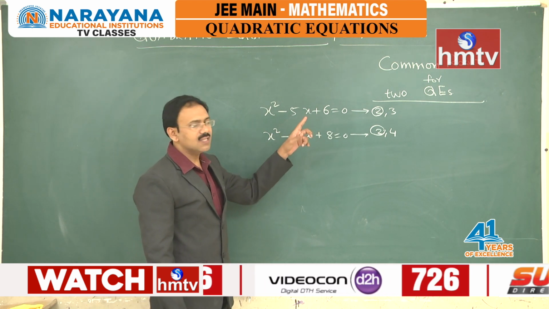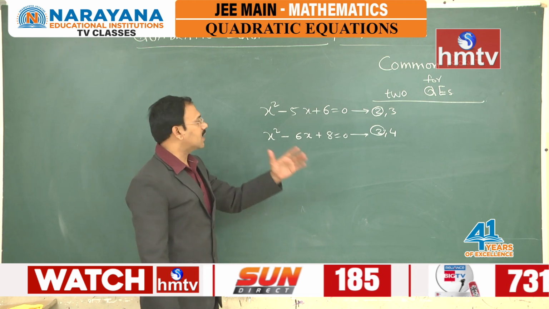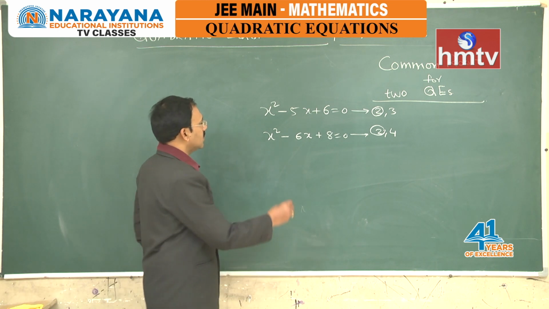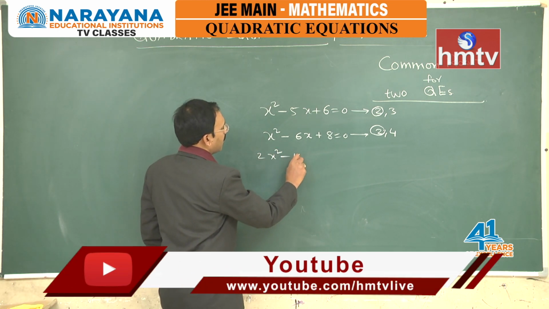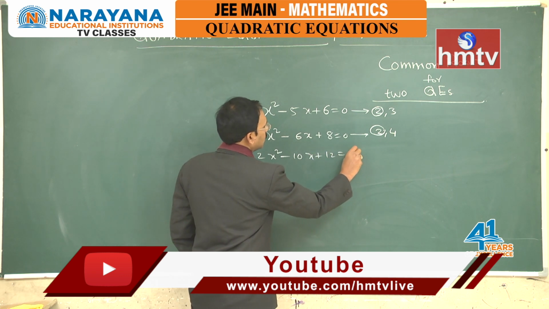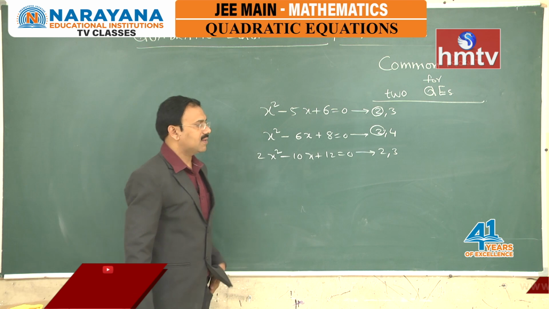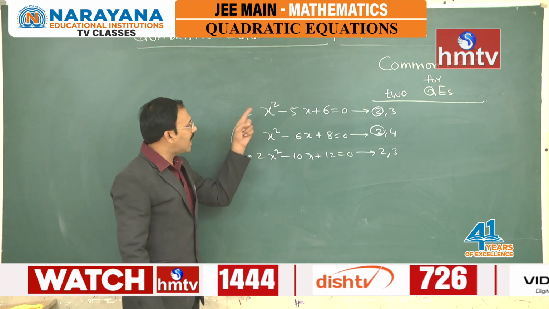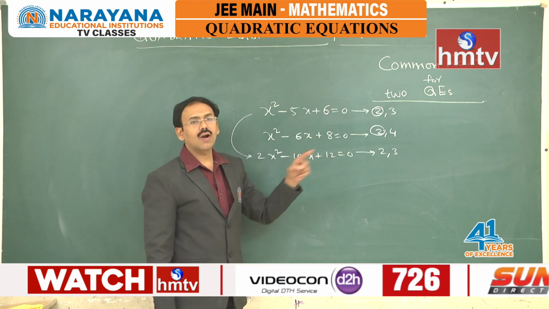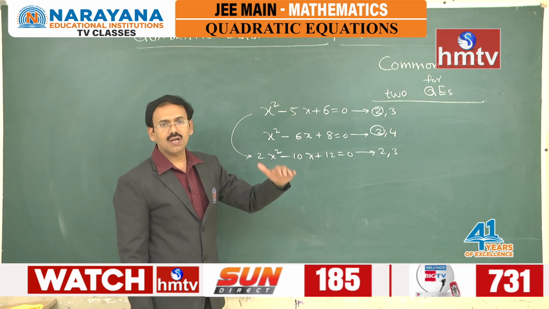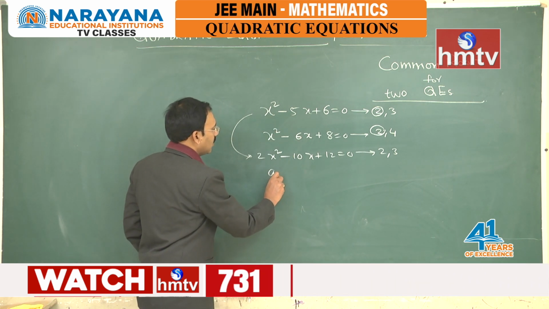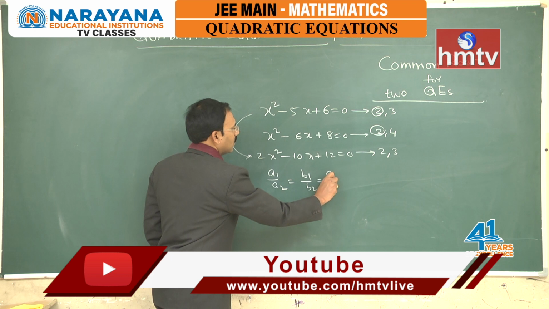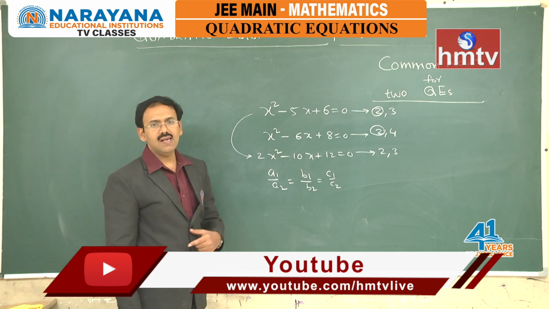So, if one root is common for two equations, what is the condition satisfied by their coefficients we are going to see now. Even you can see this equation 2x square minus 10x plus 12 equal to 0 which has roots 2, 3, same as the first equation; I have multiplied it with 2. We have discussed this case where two quadratic equations have both the roots common. In that case, the condition we discussed was a1 by a2 is equal to b1 by b2 is equal to c1 by c2. This is a clear case.